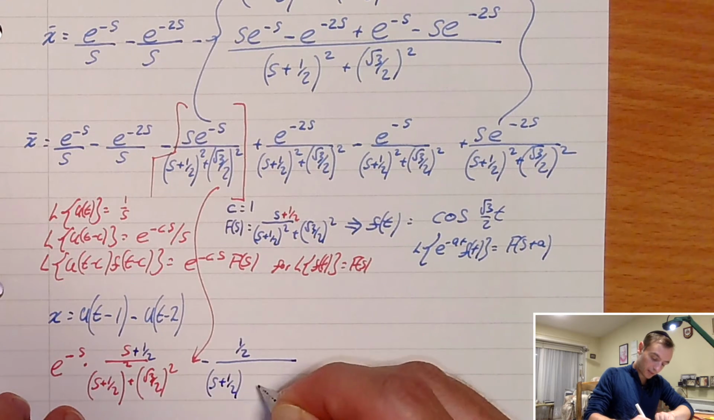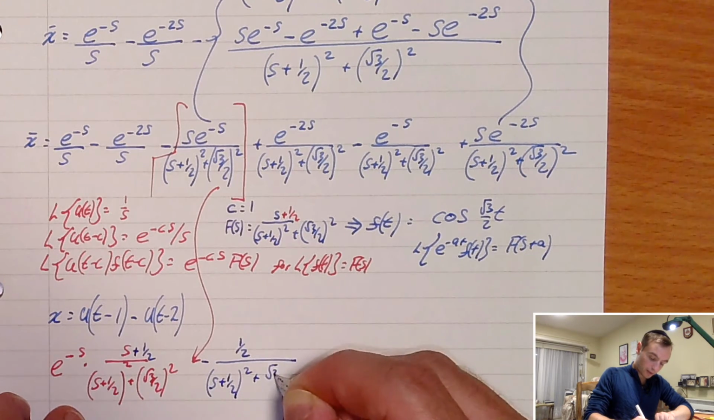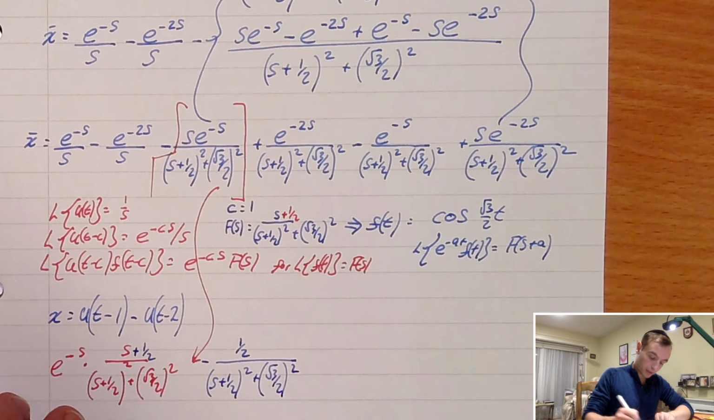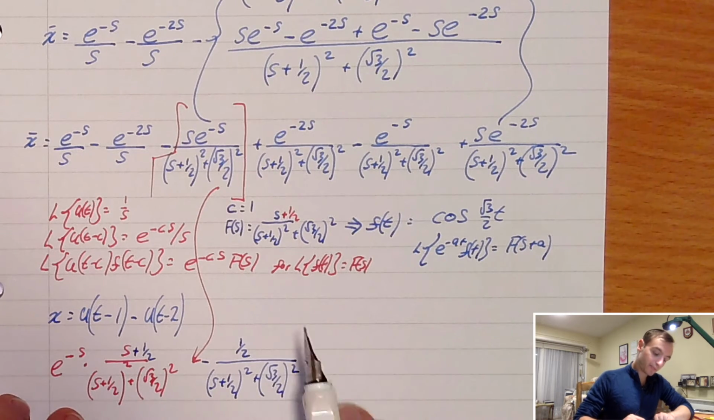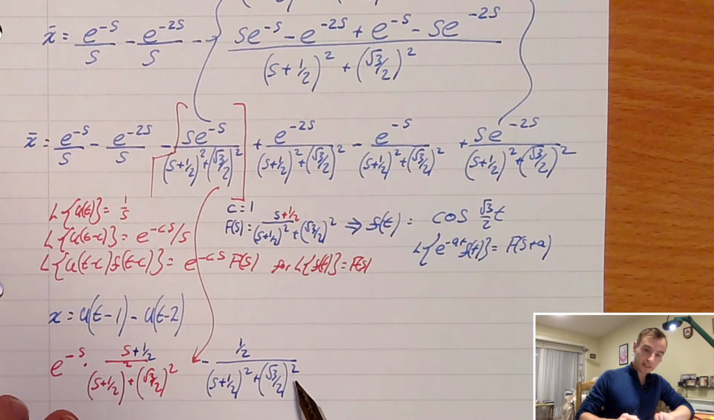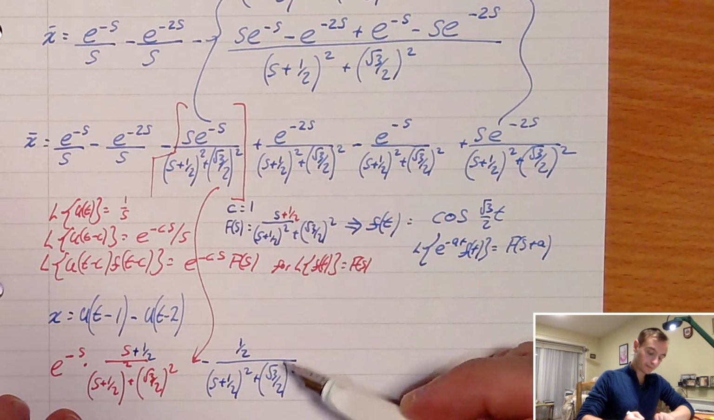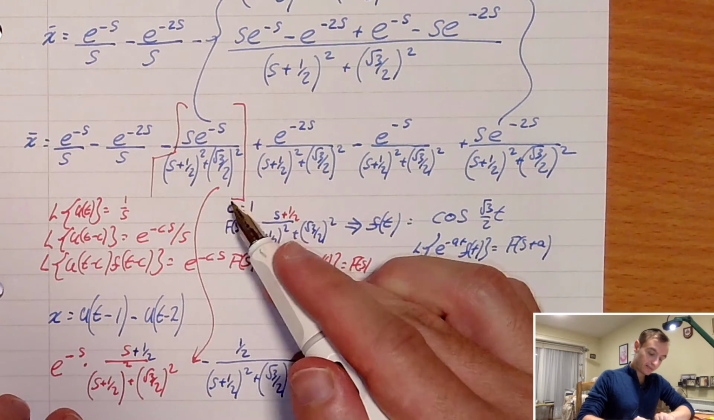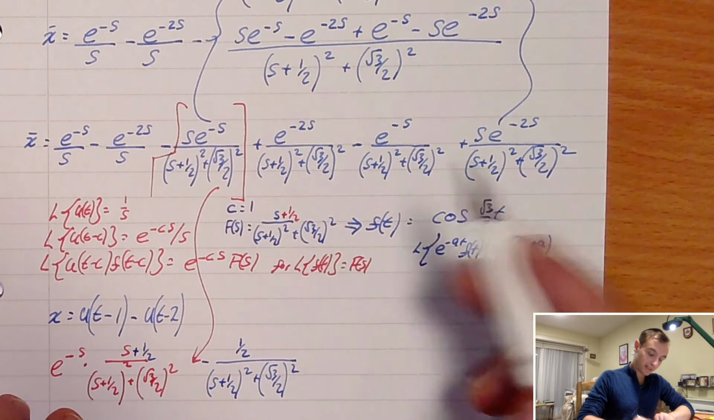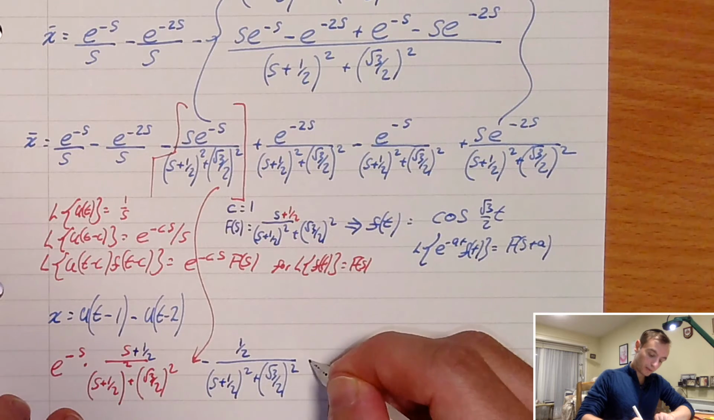S plus a half squared plus root 3 on 2 squared, like that. So now we've just converted it into something that we can hopefully find an inverse Laplace transform of. And remember, what we've said over here is exactly the same as what's enclosed in these red brackets over here. So if we were to take the inverse transform of this thing, that would produce,